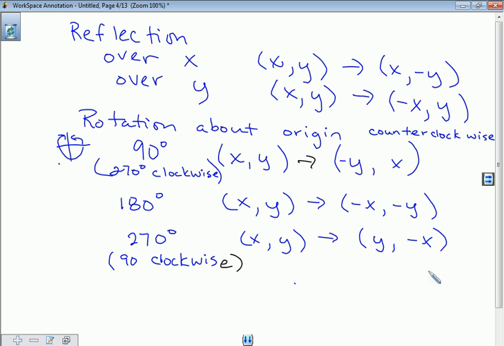You guys have a lot to study to prepare for this end of course test. I would try to learn these, but if you get to the test and you get confused, draw a quick sketch, see if that helps you figure it out, you know? See if a 90 degree, you can figure it out that way. If you can't,